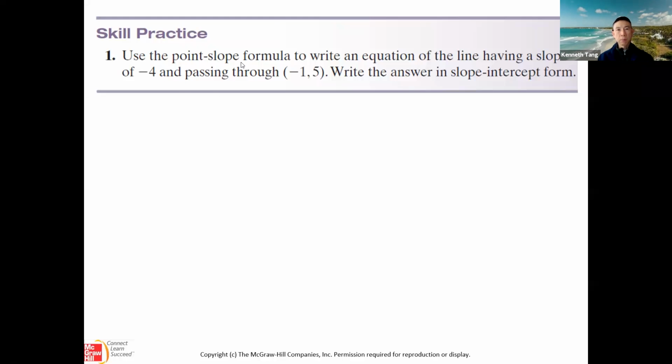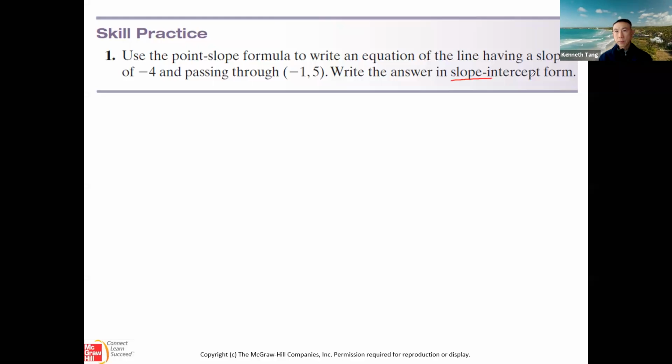Now the same kind of question. They want you to use the point-slope formula to write an equation of the line having the slope -4 and passing through the point, and write that in slope-intercept form. So it's very critical that you know what the slope-intercept form is. That means they want you to write it as y equals mx plus b. From here, the slope is already given as -4, and now I'm going to use that formula,